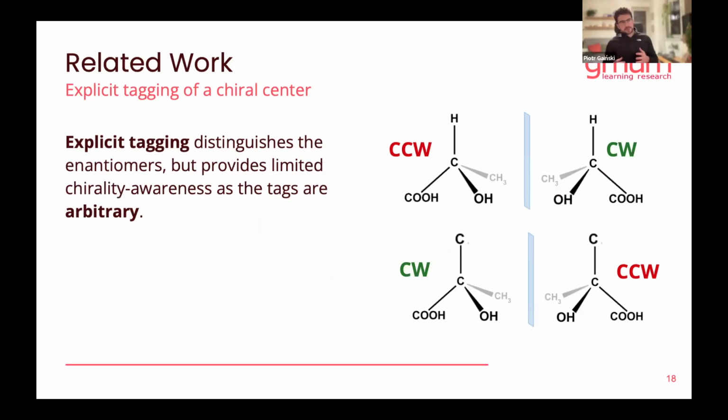However, the fact that it's an algorithm that enumerates the stuff slightly complicates things, because explicit tagging distinguishes enantiomers. Yes, it always returns a different tag for different chiral centers or mirror image chiral centers in the molecule. So it distinguishes the enantiomer, but it's kind of arbitrary